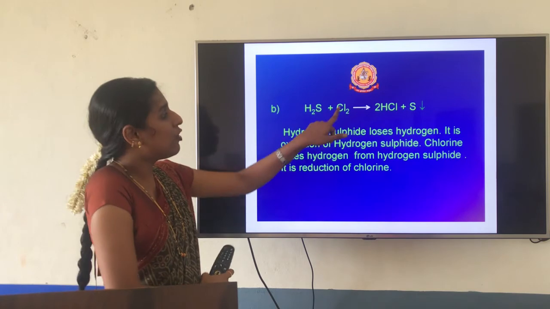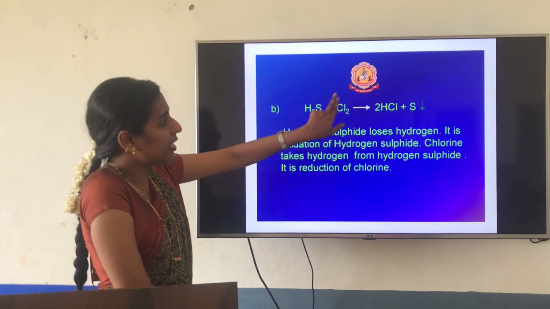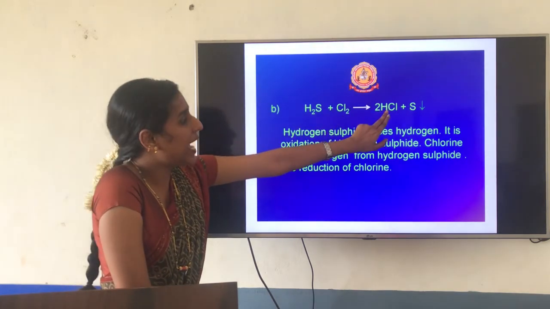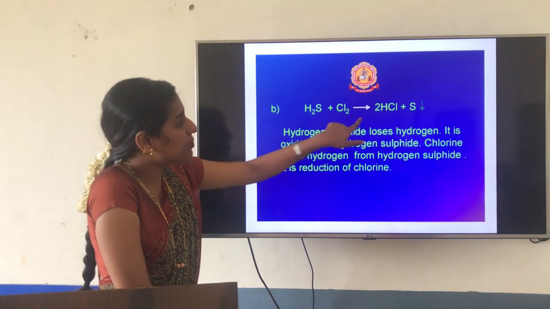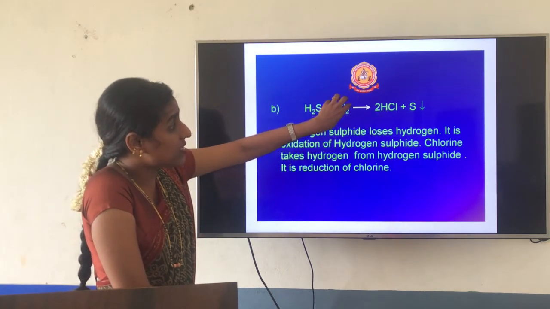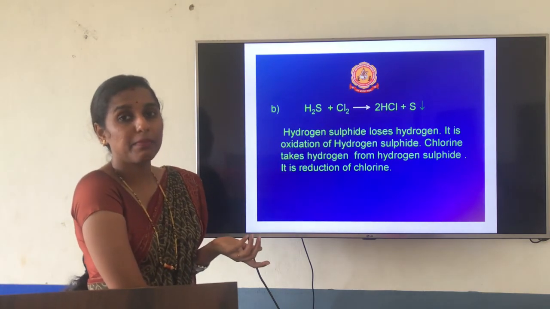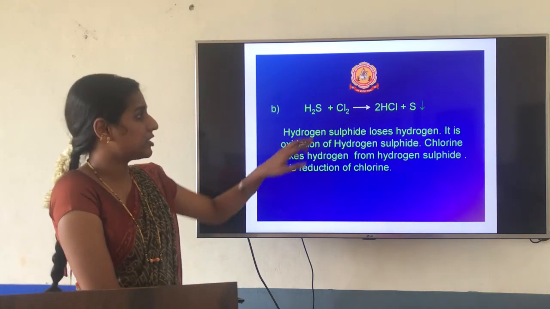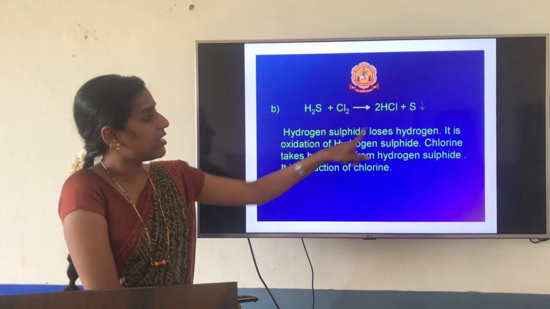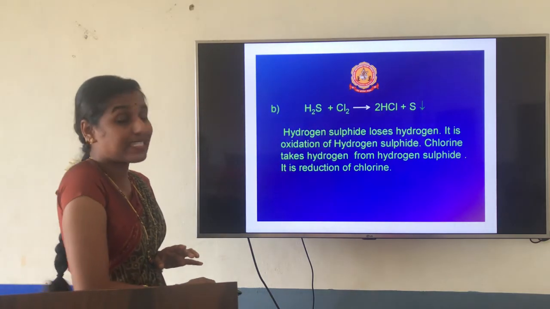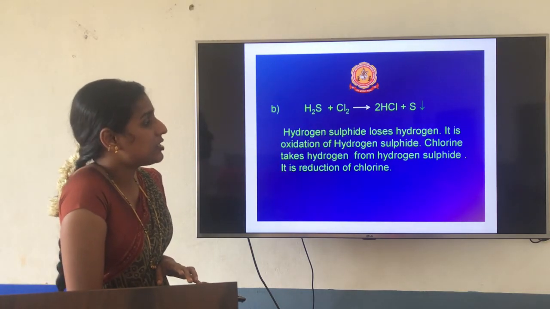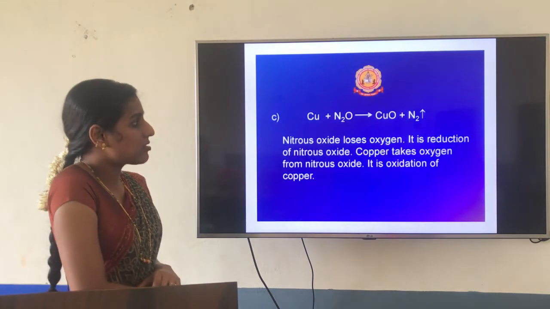In the same way, if you go with the Cl2, here Cl2 will turn into HCl. So how is it possible? Here Cl2 was there, here addition of hydrogen has been done. If addition of hydrogen has taken place, we are going to call it reduction. So here reduction as well as oxidation, both are taking place simultaneously in a reaction, and we are going to call it a redox reaction.